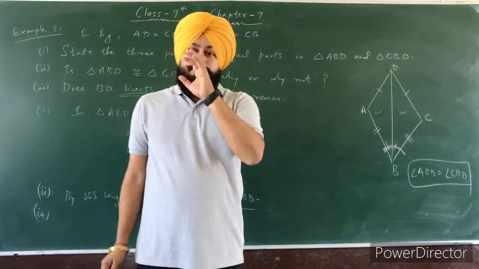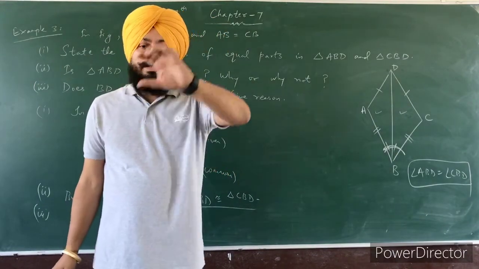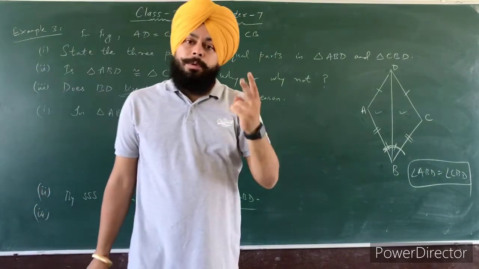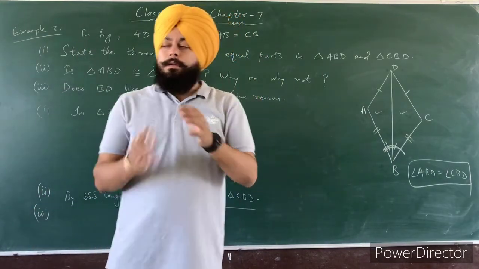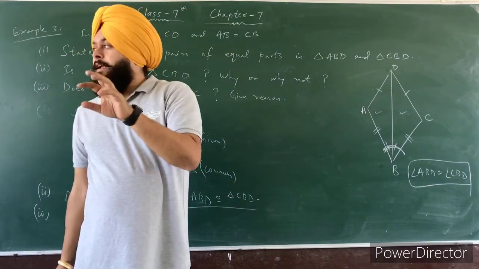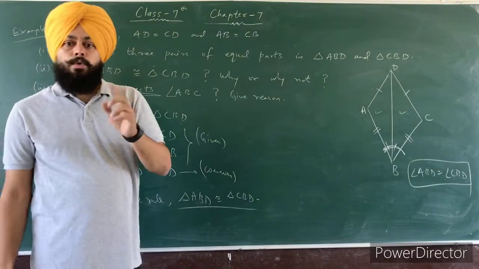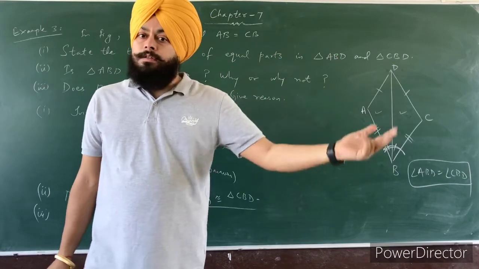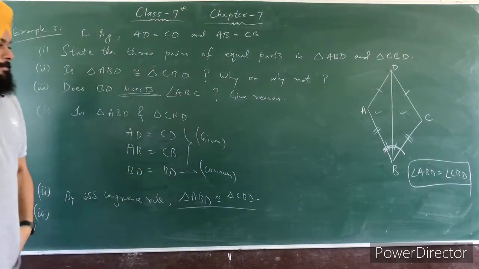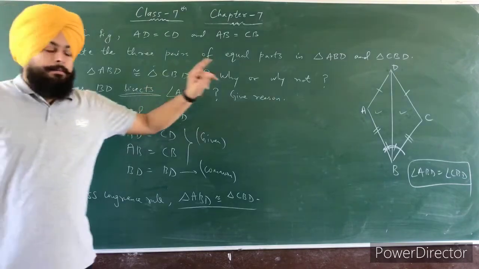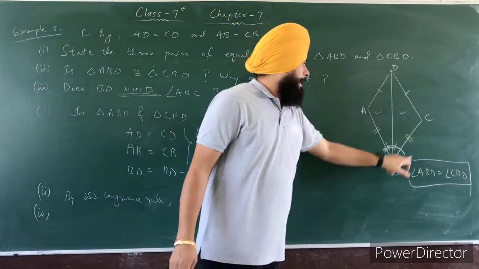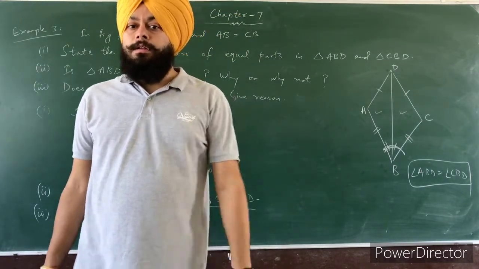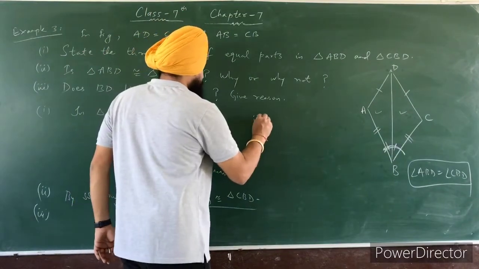जब उसी triangles में congruent prove कर देंगे, when we prove the triangles congruent, then you will take any two of its parts equal. तुसी कोई भी दो parts equal ले सकते हैं, ठीक है? अगर मान लो कि तुसी triangles में congruent कर लिया, then you will take angle and side. तुसी कोई भी एक angle ले लो या एक side ले लो, or you can take both sides, or you can take both angles. Alright? So in this third part, we will take both of these angles, angle ABD and angle CBD, equal. The reason is congruent parts of congruent triangles. Clear?